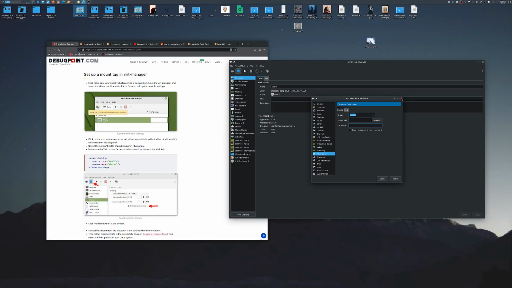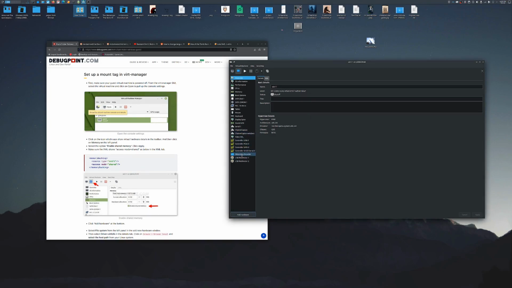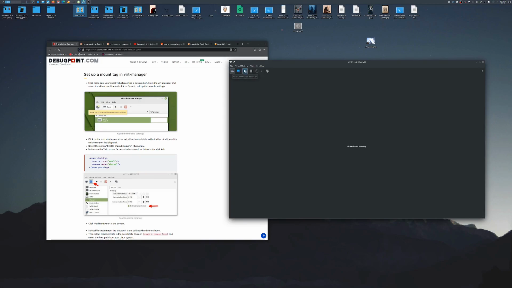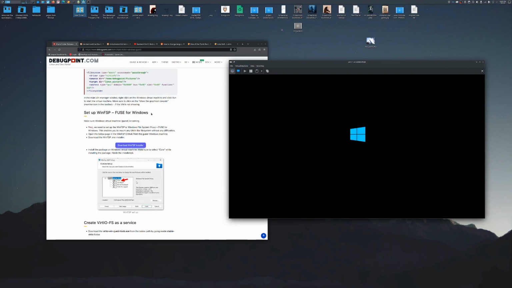And this will give you, I've already set up one, and this is an example. So I've mounted my games not installed folder, and I called it Linux data. And once that's done, power on the virtual machine, and we will have to install